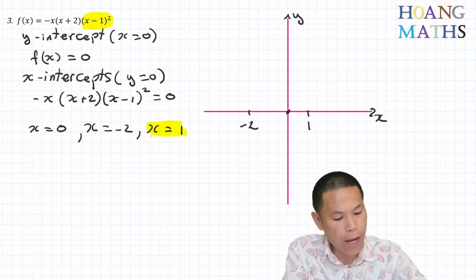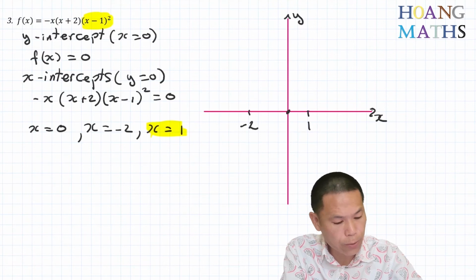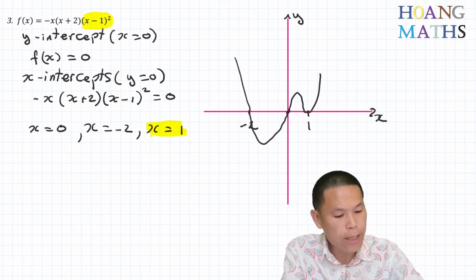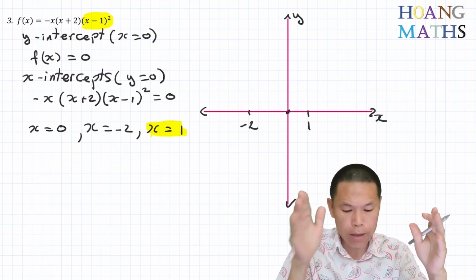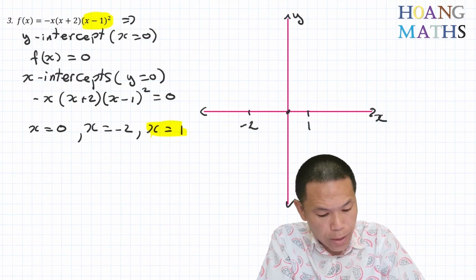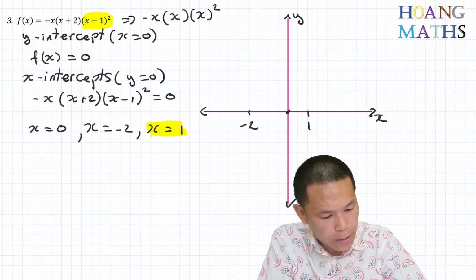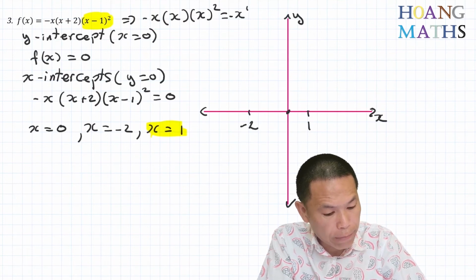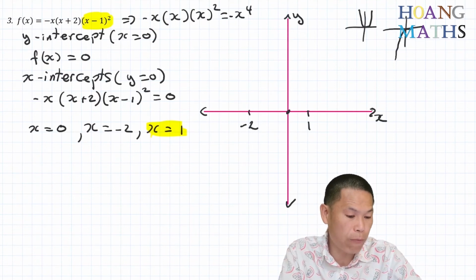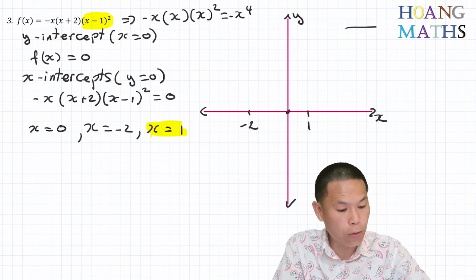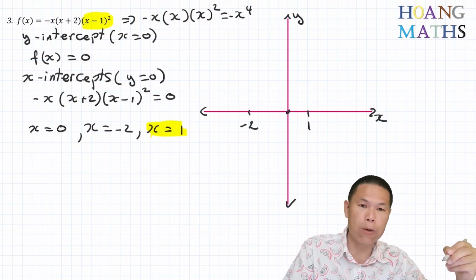So therefore, the graph either goes like this, or it could go like this. Okay? So to work it out, we just ignore the numbers inside the brackets, yeah? So that becomes -x, and then times x, and times x squared. So that will give me x to the power 4, but negative, okay? Now, remember, x to the power 4, the graph is like this. -x to the power 4 is from the bottom up. So therefore, this graph starts from the bottom, goes up, and then goes to the y-intercept at